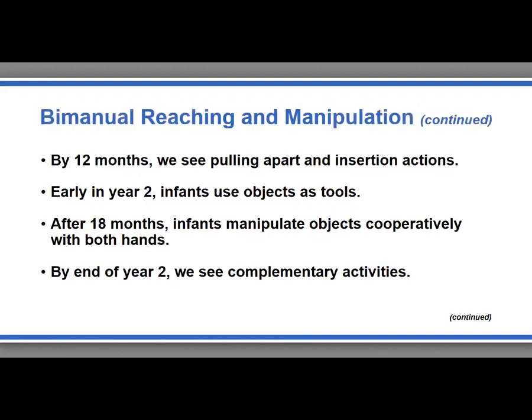By 12 months, we see pulling apart and insertion action. Early in year 2, infants use objects as tools. After 18 months, infants manipulate objects cooperatively with both hands, and by the end of year 2, we see complementary activities. So again, you can kind of see how the development goes. And again,